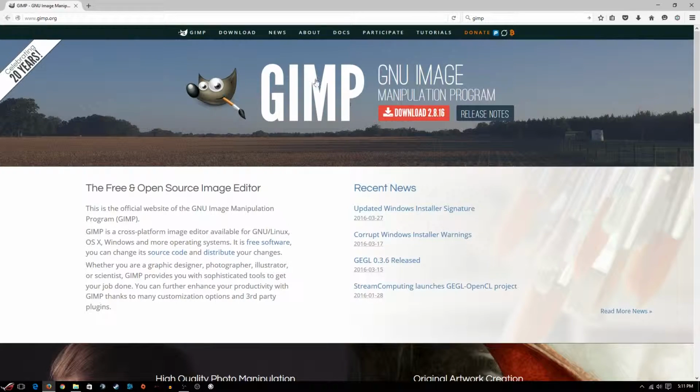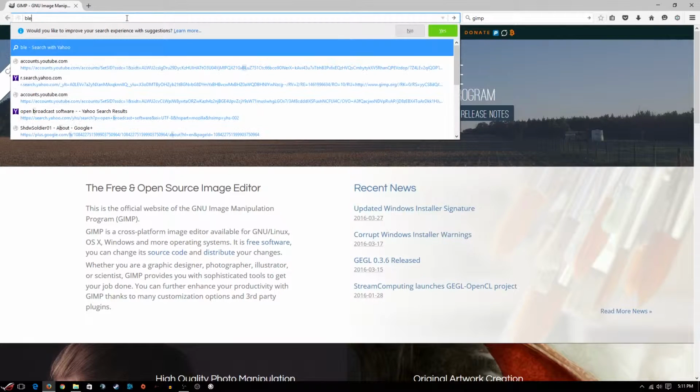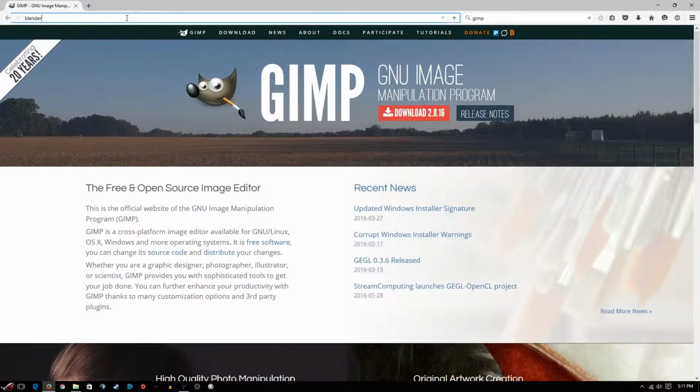Anyway, so you use that to do any kind of graphics work that you need to do, as far as making thumbnails for your videos and stuff like that. Channel art, channel icon, what have you. As far as video editing goes, there are two pretty decent open source options. The first one is Blender,